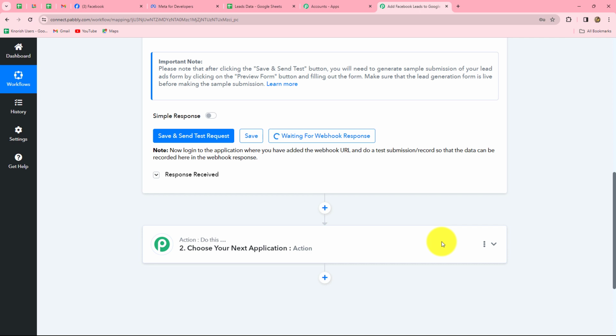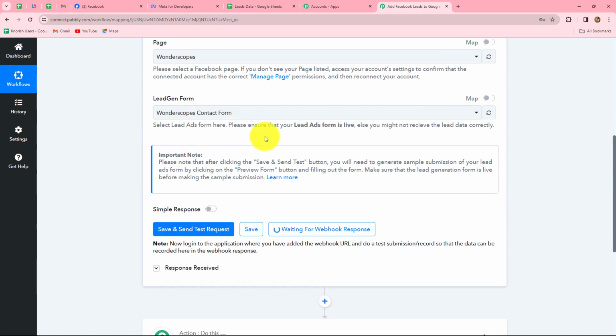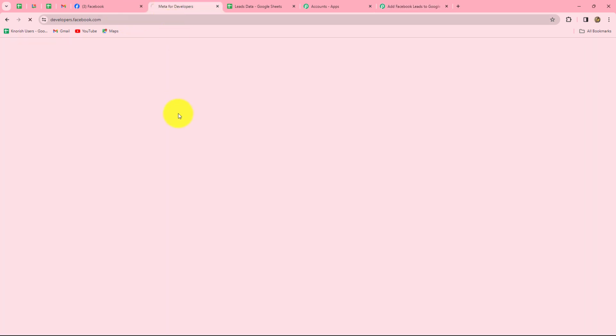As we have done that, we can find that it has started showing waiting for webhook response. This means that now we have to do a test submission by submitting the form which we have selected over here. For doing that, I'm going to take you towards Meta for Developers,